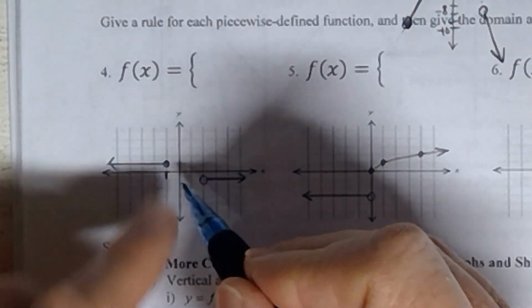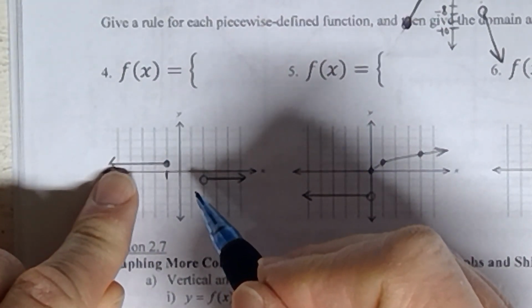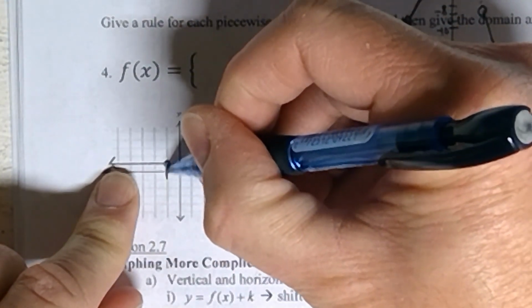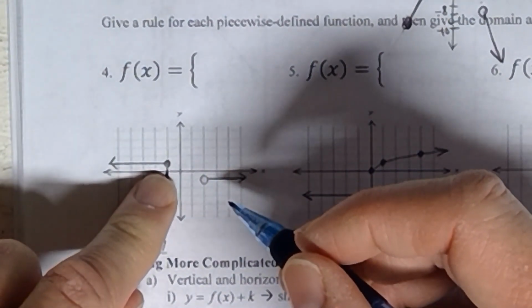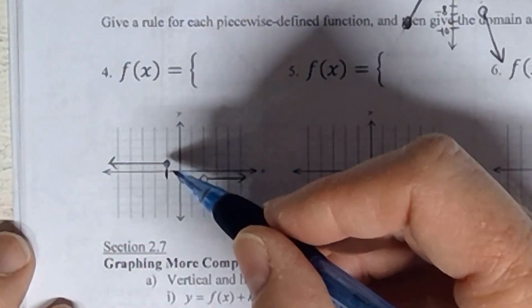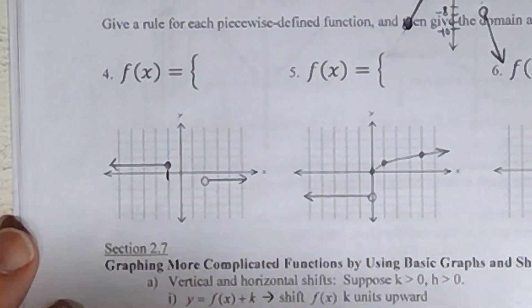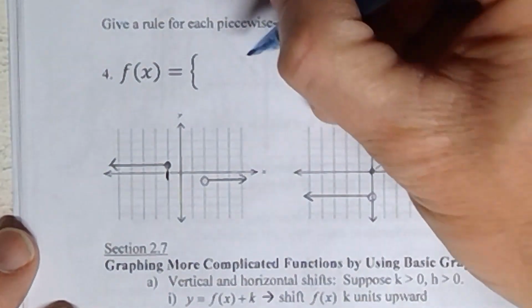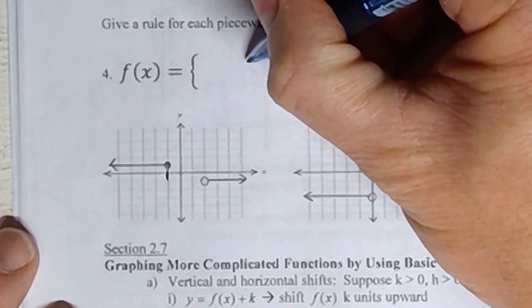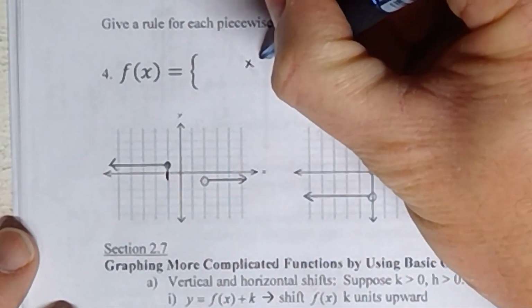Okay. It goes to the left of negative 1, okay? But it also goes right up to, and it actually has a closed circle at negative 1. Let's talk about that. So remember, when you go to the left of a number, in this case to the left of negative 1, that means that you are what? You are x less than